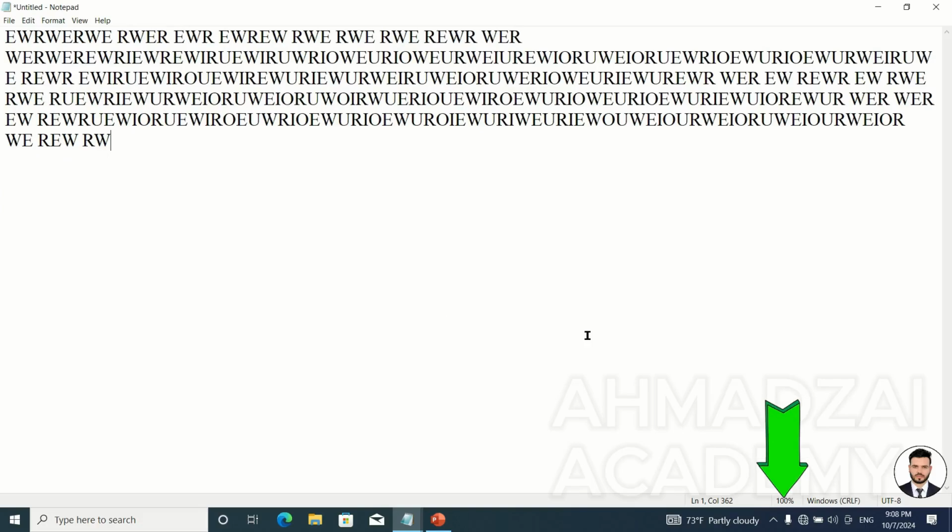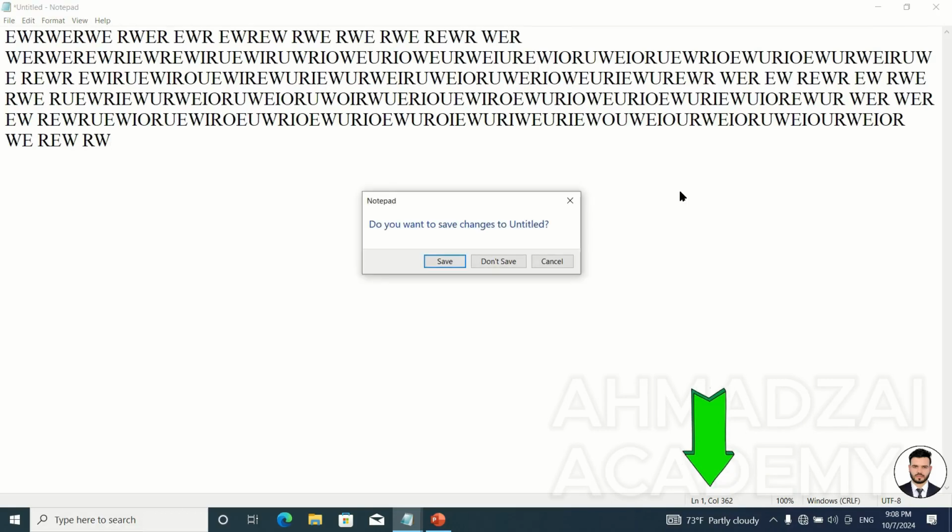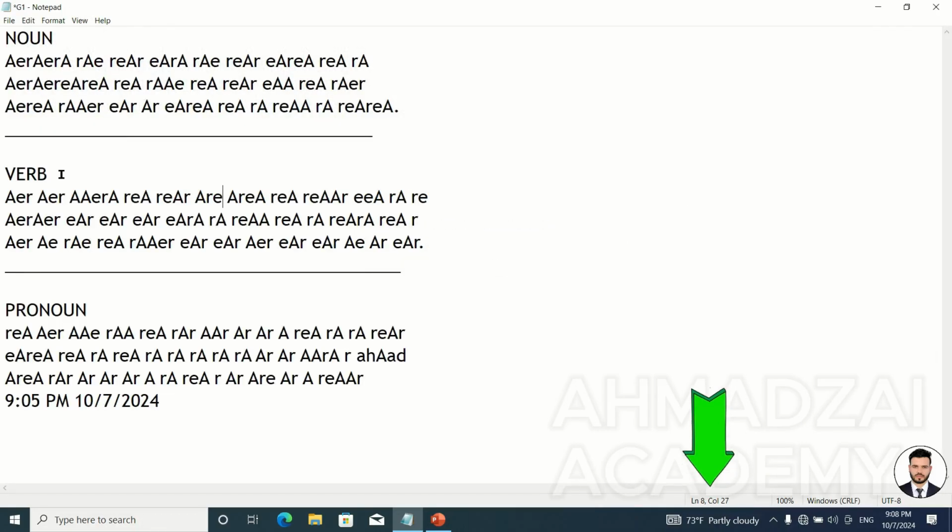The second one, for example, shows us the zoom level here, and here it shows which line our cursor is on and which character it is at. For example, you can see right now we are on line 2, and it shows the fourth character here. Line 2, column 4, or character 4. As I keep moving forward, look, line 2, the second line: first character, second character, third character, fourth character, fifth character.